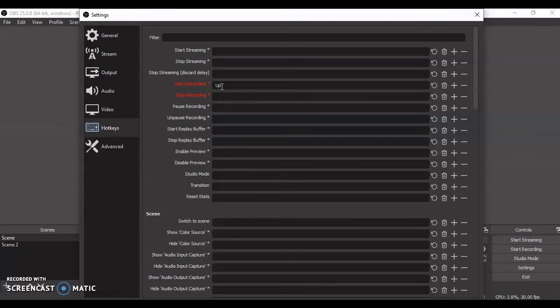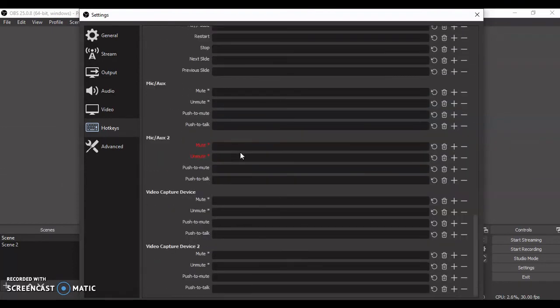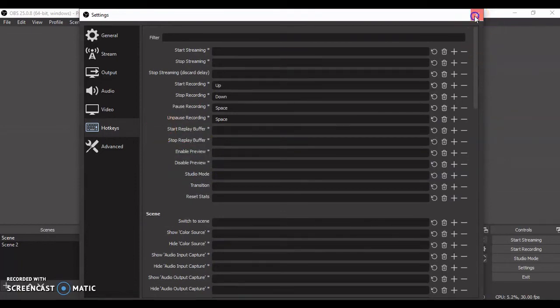So I'll use the up key for start recording, and the down key for stop recording, and for pause recording I'll use the space key, and the same thing for unpause. Like this you can set your own settings for recording a video.